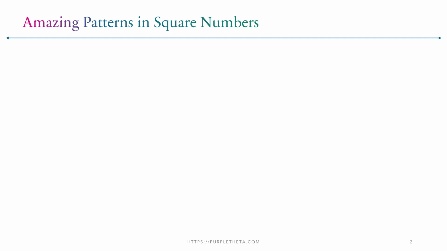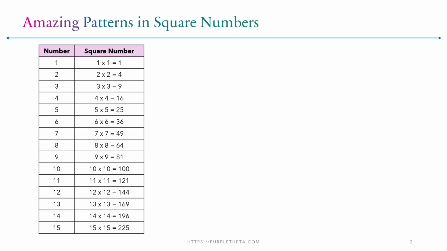Hi, in this video we will discover some amazing patterns in square numbers. Let us first write a few numbers and their square numbers in a table. Here I have taken numbers from 1 to 15. Now look at the square numbers carefully and pay attention to their last digit, that is the digit in ones